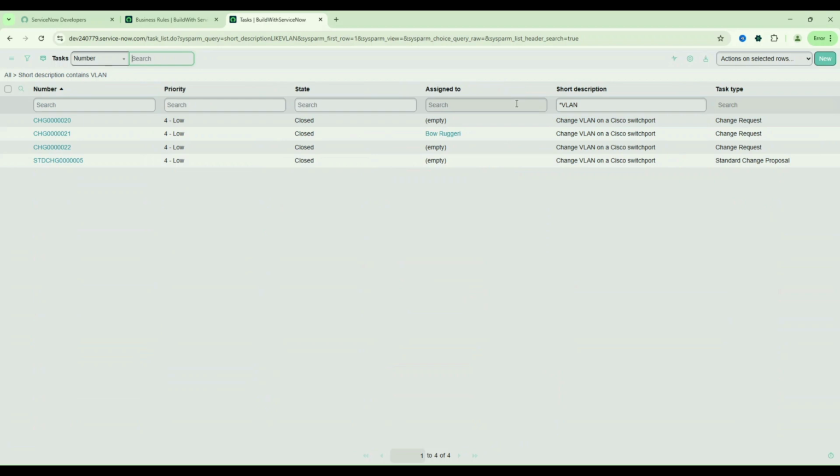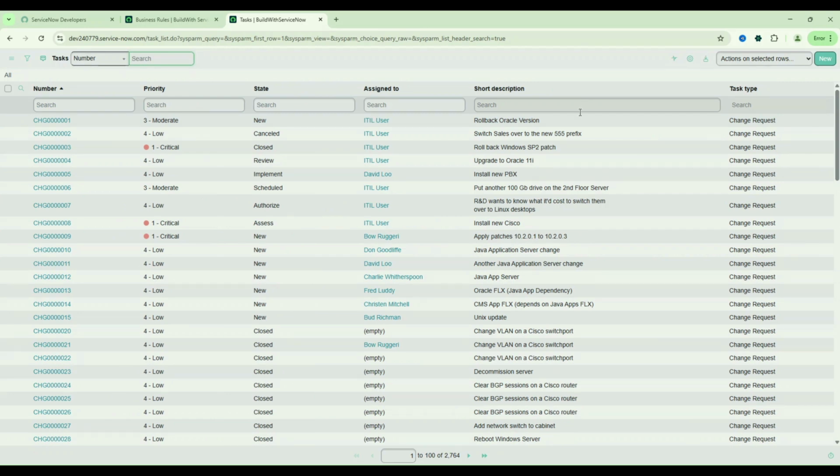So we can see there is a standard change, which has the short description as change VLAN. There are other changes as well, the other records as well. And if you want to clear it, we can just clear it, and then it will return to all of the listings again. If we should also try another word in here, to say